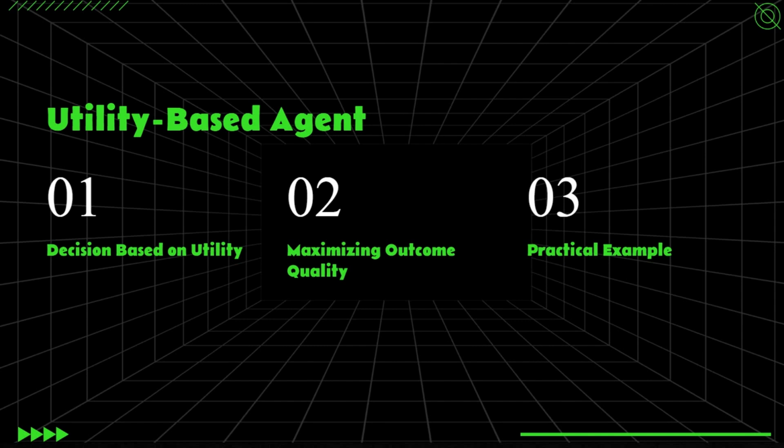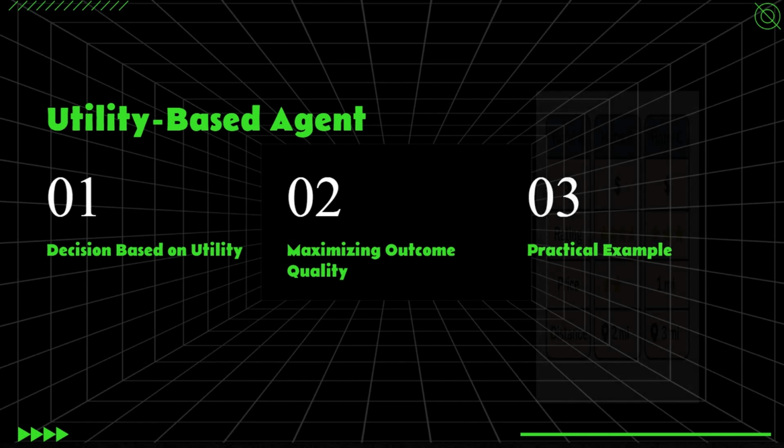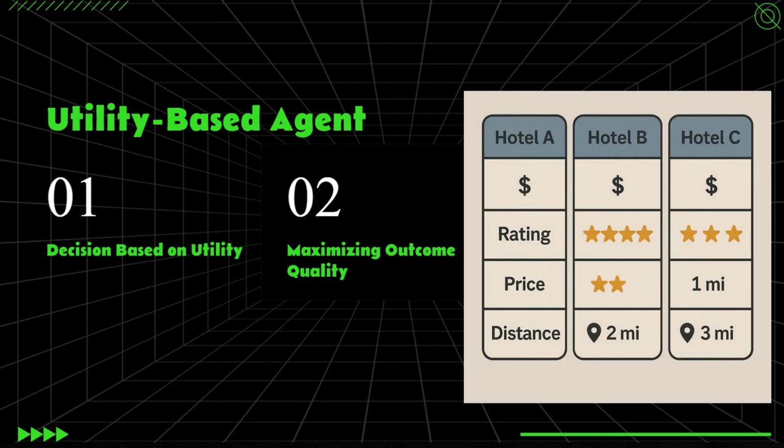Okay, it's not just about getting there, it's about getting there happily and wisely. Let's take an example of a hotel booking AI. Its goal is to find a hotel, but which one is it going to choose from hotel A, B, or C? It has three options, but it's going to start by comparing. It's going to compare the price, the rating, the distance. Then it's going to ask itself which one is affordable, which one has a good location, and which